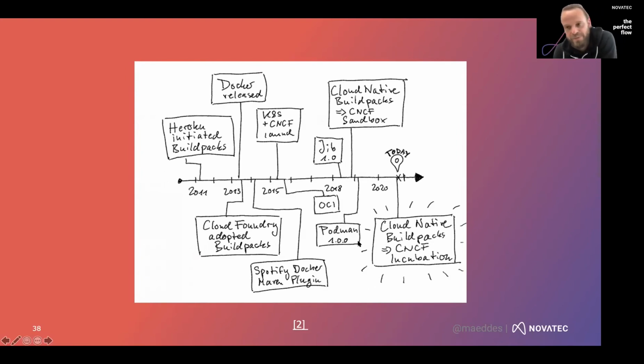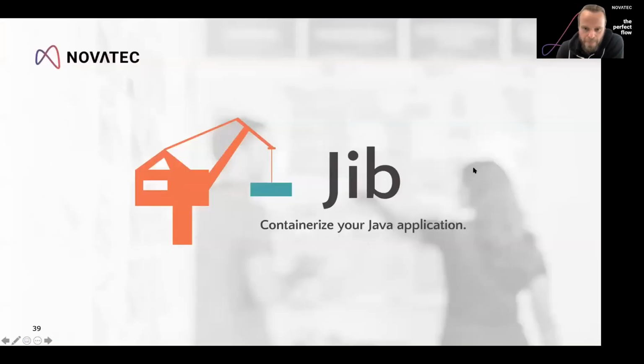There's Podman, there is source to image from Red Hat, and there are a couple of more things. Unfortunately, I can't demo and show them all. But the idea that I just want to give you is there is more out there than a plain Dockerfile, and it would be worthwhile to have a look at all the other options. Now there's Jib